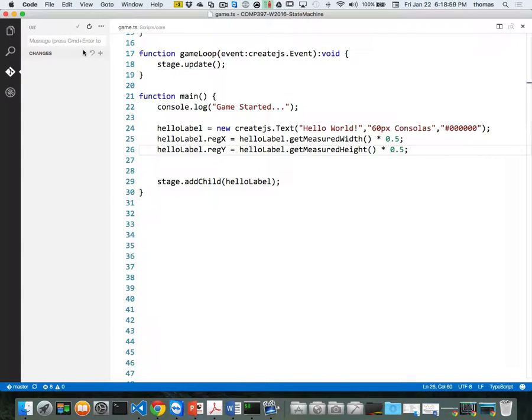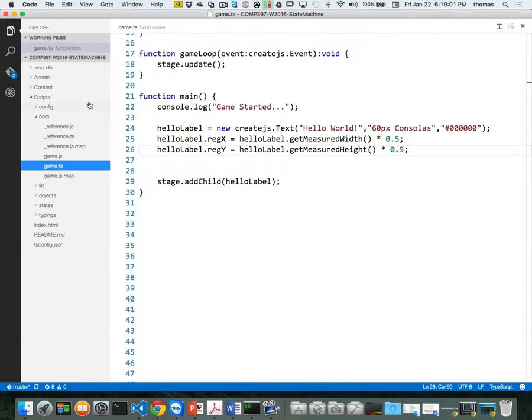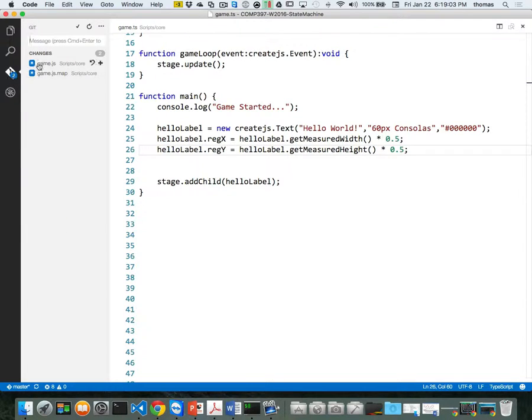Forgot to transpile is what I'm putting here now. All right, so there it is. There's my two changes, my transpile, my JS, and my JS map. I'm going to go to changes, add those to the staging area, and say transpiled game.ts, right? Do that, go here, and push. And that's an unfortunate thing